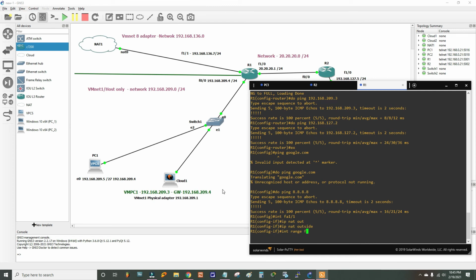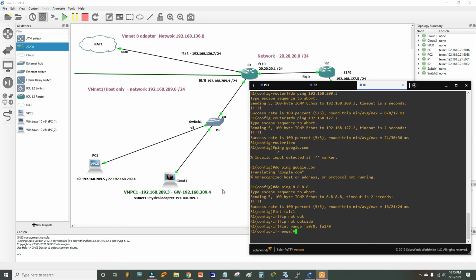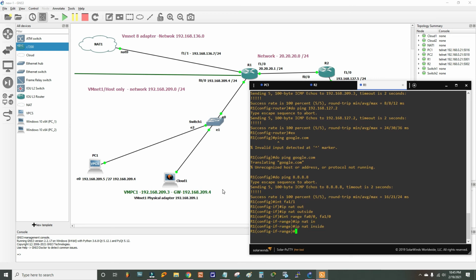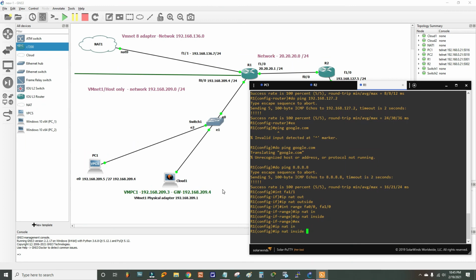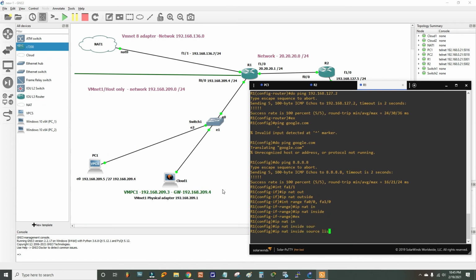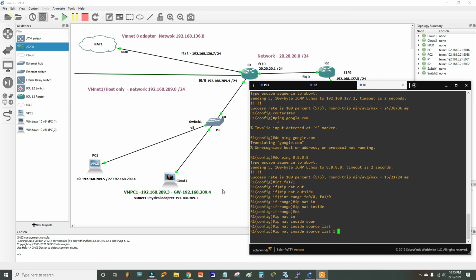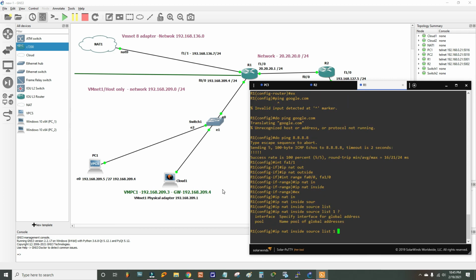Interface range fa 0/0, fa 1/0, ip nat inside. Now exit out. ip nat inside source list 1, interface fa 1/1